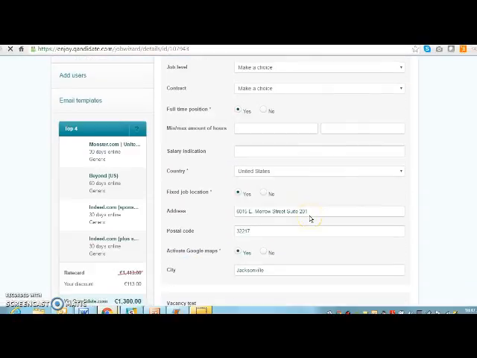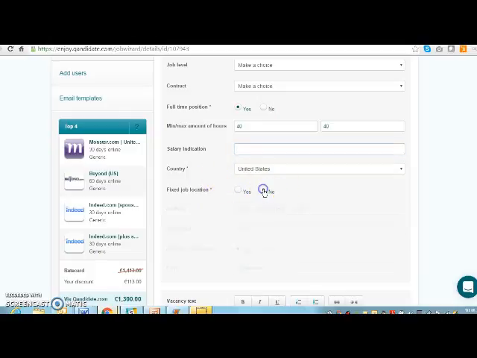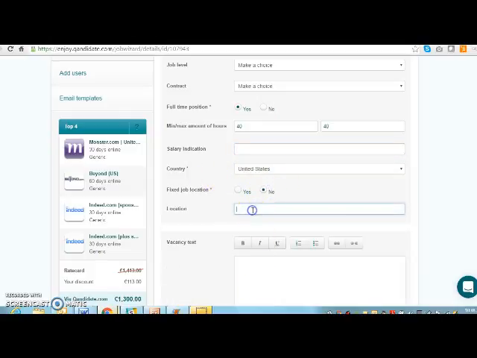That will bring you to these boxes here. The minimum amount of hours, you don't necessarily need to put anything in there. I like all boxes full, so we're just going to put 40 in these boxes. Salary indication, you don't really need to put there. The fixed job location, the country is the United States. The fixed job location here, I'll just go ahead and click no, and that takes everything out. You want to put your location in there. We'll go ahead and put Charlotte,